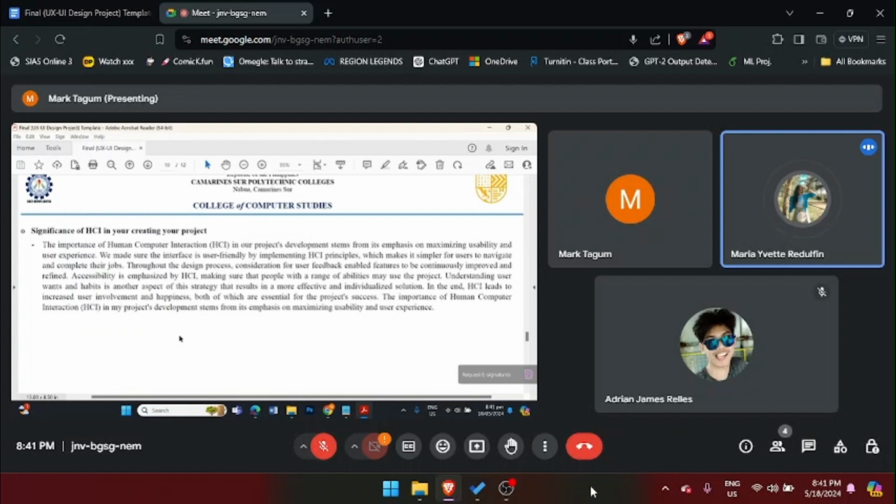Throughout the design process, consideration for user feedback enabled features to be continuously improved and refined. Accessibility is emphasized by HCI, making sure that people with a range of abilities may use the project. Understanding user wants and habits is another aspect of this approach that results in a more effective, individualized solution. In the end, HCI leads to increased user involvement and happiness, both of which are essential for the project's success.